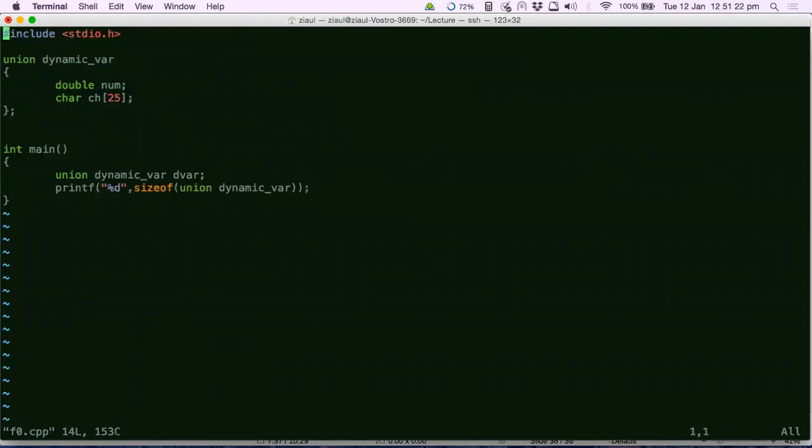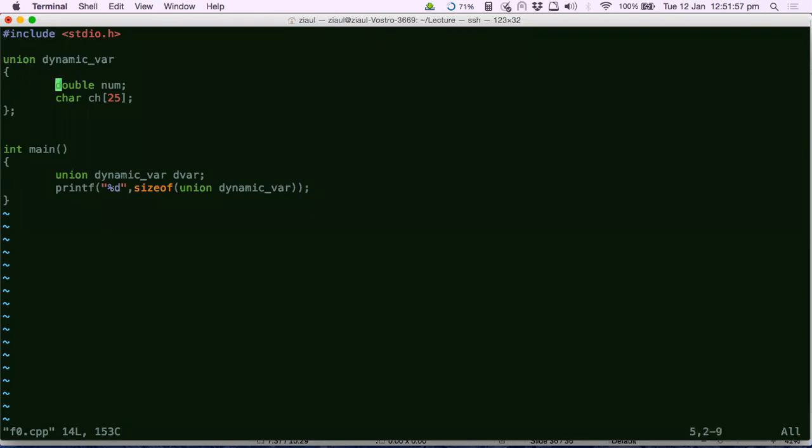Correct. It's padded. Why? Again, follow the same rule. What is the size of the biggest data type here? 8. So the padding and packing, those things don't change for unions. They're the same. But for unions, there is no padding between member variables, because only one area is created for unions. But the other rule also follows for union, wherein the size of the union has to be a multiple of the size of the biggest data type inside the union.